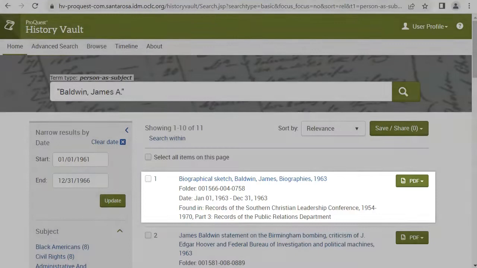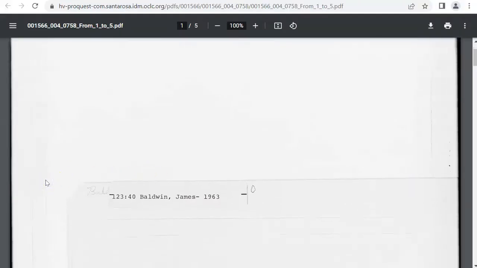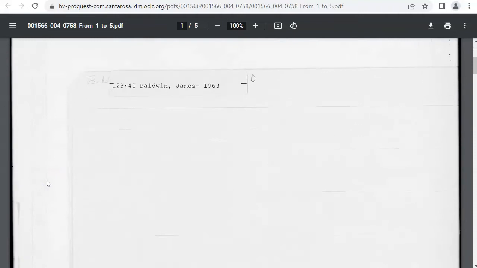Let's take a look at the first search result. Biographical sketch, Baldwin, James, biographies, 1963. I want immediate access to this document, so I am going to click the PDF button to the right and download pages 1 to 5. The first page looks like an image of a folder. It is. The folder containing this item originally existed in a physical archive.